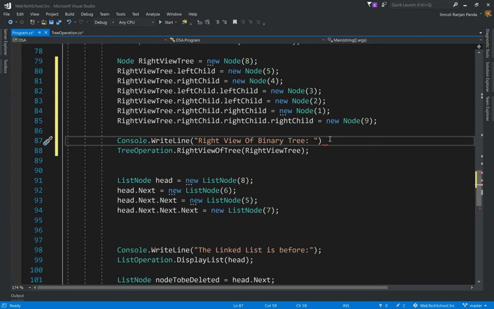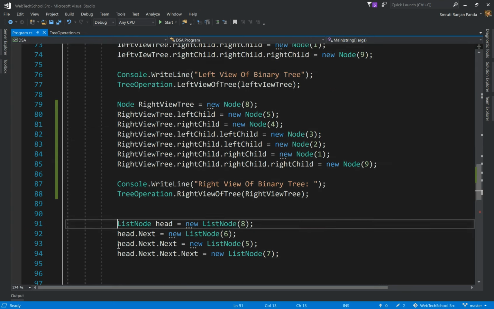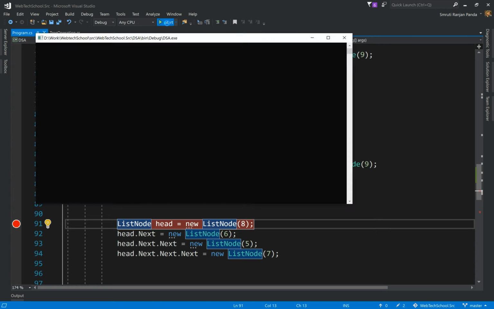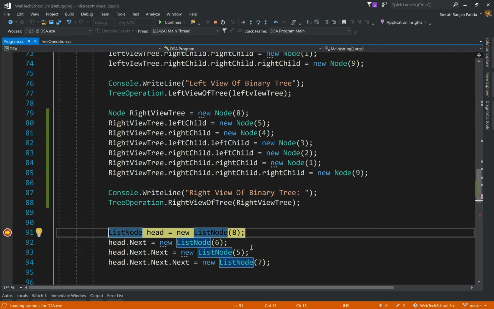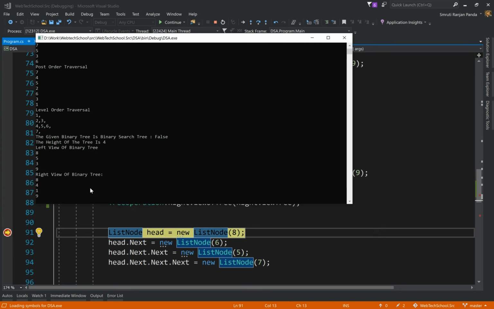All right, that's all the changes we need. Let's add a breakpoint over here and then run our code and see the output. Okay, our breakpoint hit. Now let's go to the console window, and you can see the right view of binary tree.